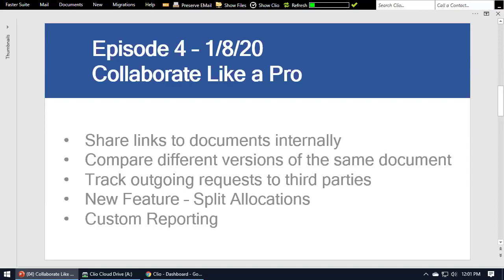I will mention the new feature split allocations is only available in our beta version. So if you're running an older version of Faster Suite, our stable version, or anything before one of our November releases, you probably don't have this feature. You can always update to our beta version by downloading from our website. That'll give you access to this new feature as well as some other stuff. But then the last thing we're going to cover after that is custom reporting. So I'll just go ahead and jump right in here to our first topic, which is how to share links